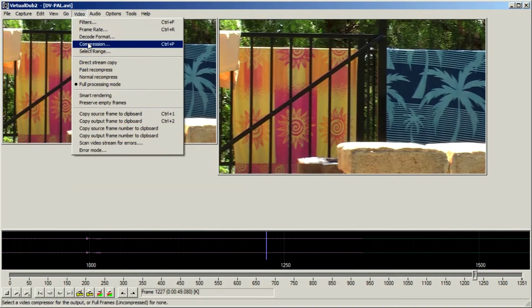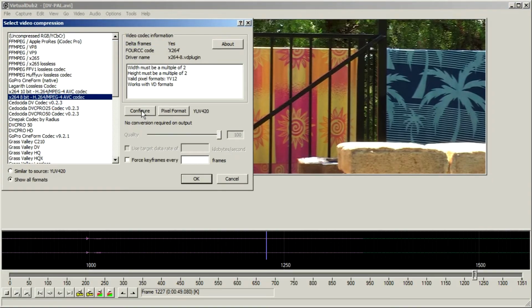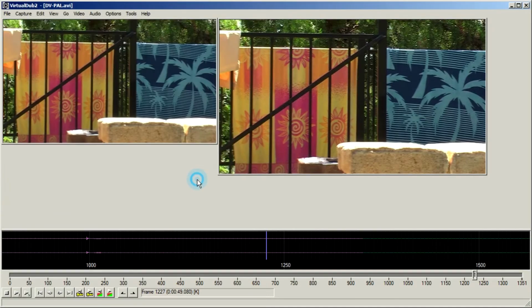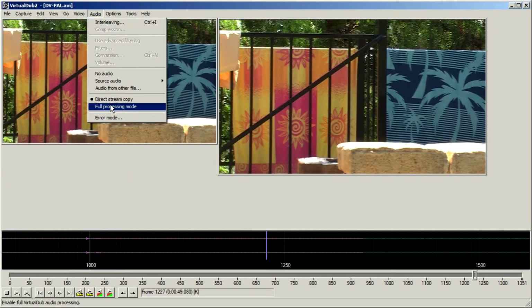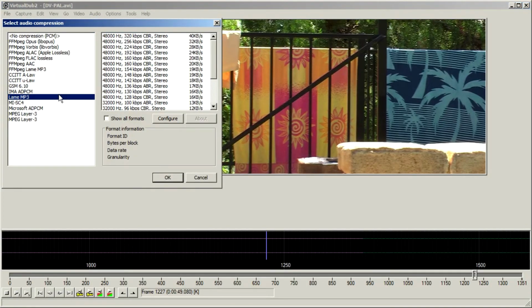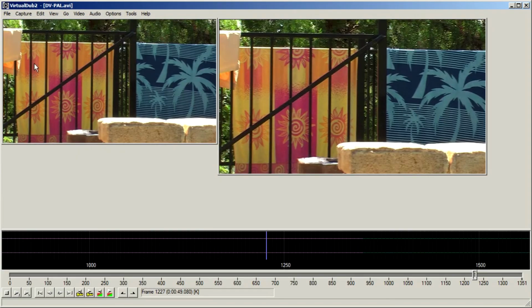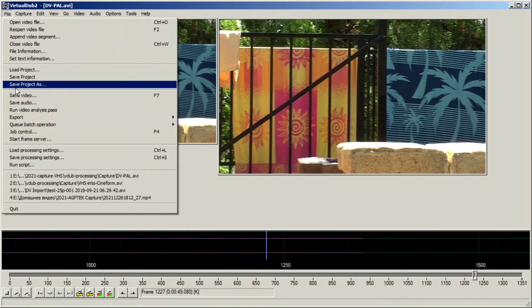Similarly to the VHS video, I choose the same H.264 encoder with square pixels. Do not forget to set sample aspect ratio width and height to 1. I will encode audio using MP3 at 256 kilobits per second. And I will save the resulting video in MP4 container.